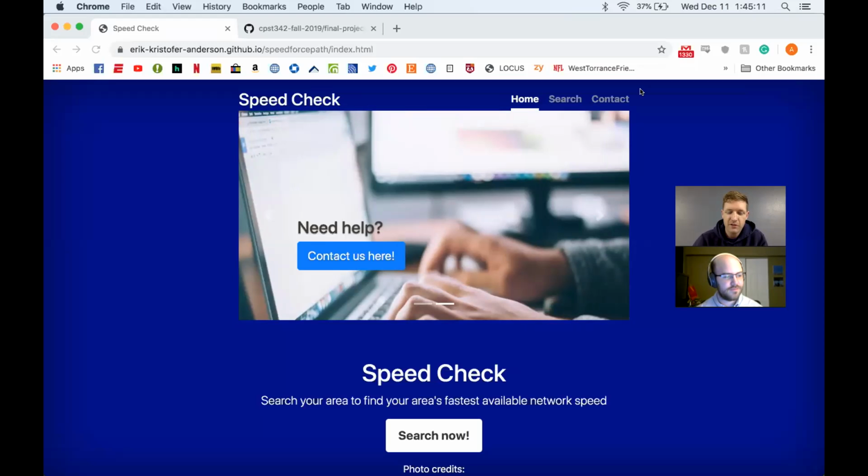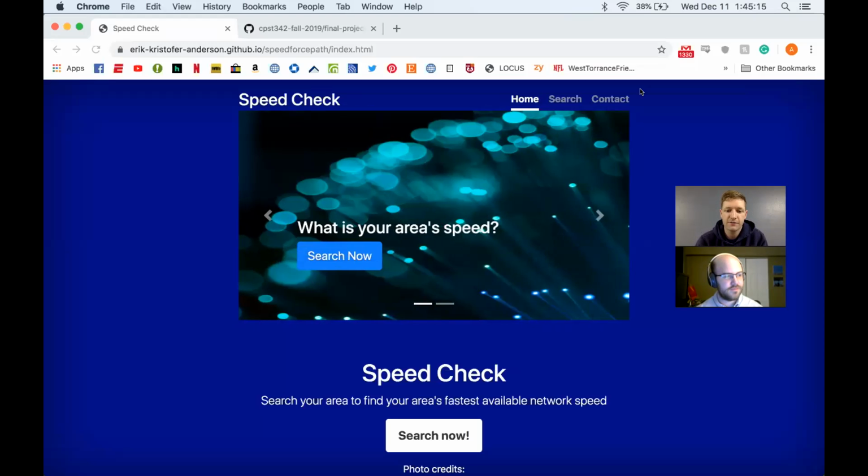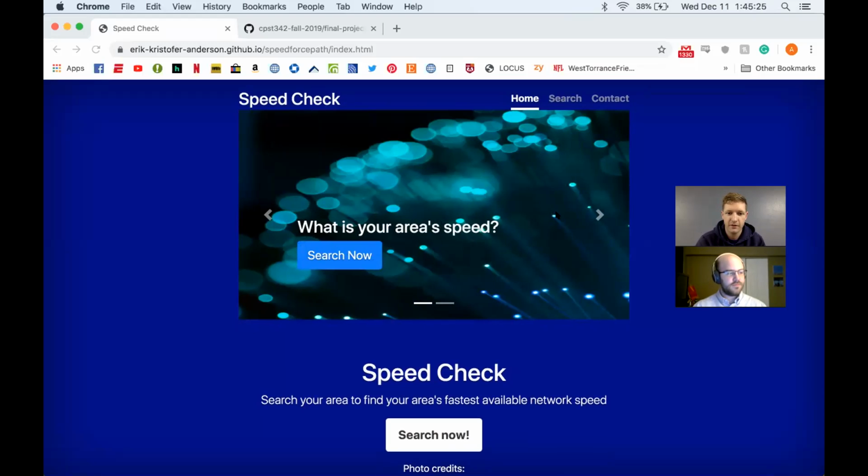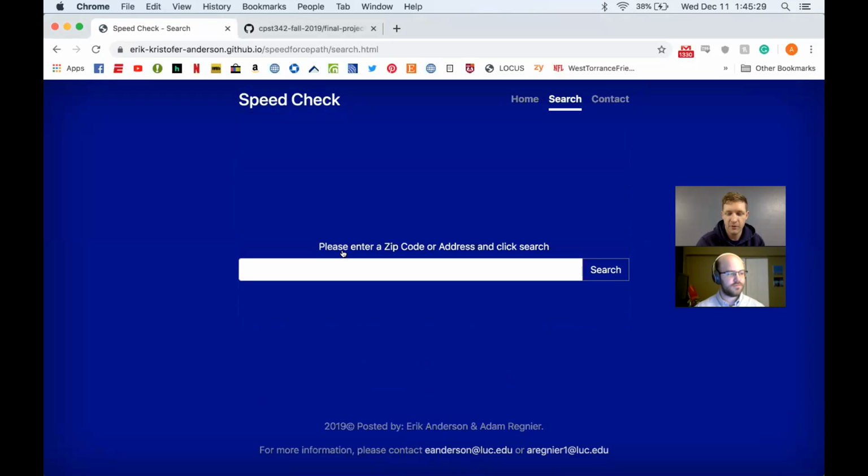So the functionality of Speed Check is to check your area's fastest available network speed or broadband speed. So here's our front page. We have a carousel going back between our two main pages of search and contact. So if we want to find our area's speed, we can click right there or the other links that will